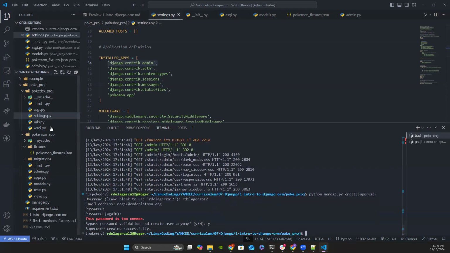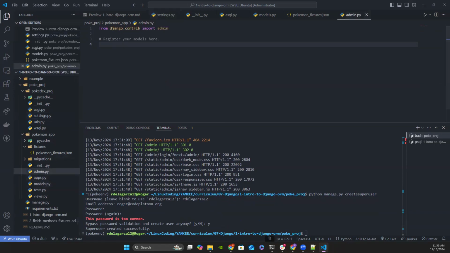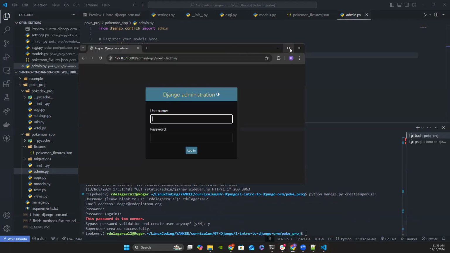Now I actually have to connect my application. So back to my admin file. Within the admin file, I'm going to import my Pokemon model. So I'm going to say from .models import Pokemon. And actually, before I show you what it looks like, let's go back to our admin site. We had that superuser. I'm going to go ahead and log in, give it my password,